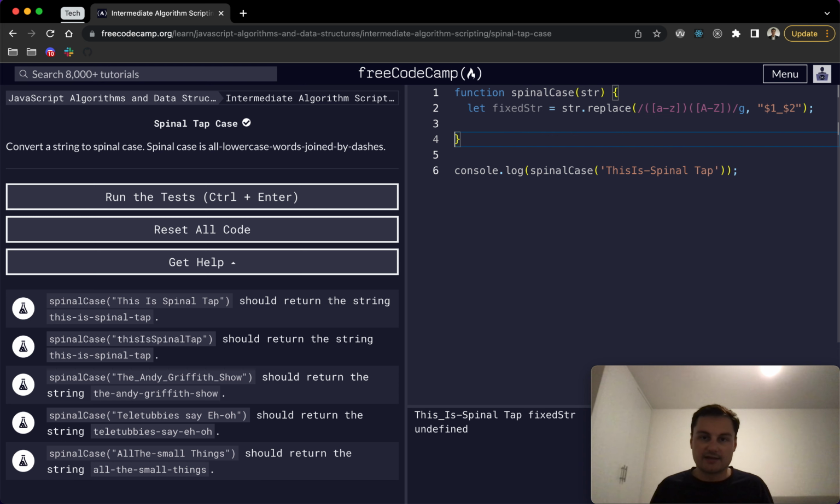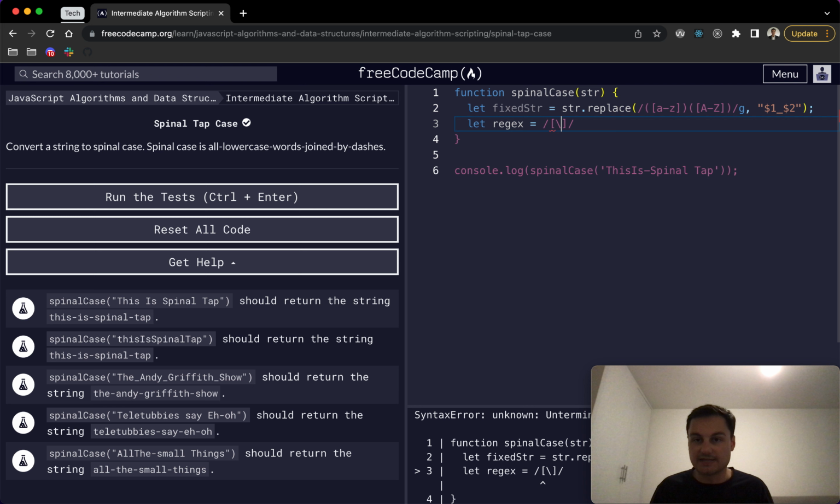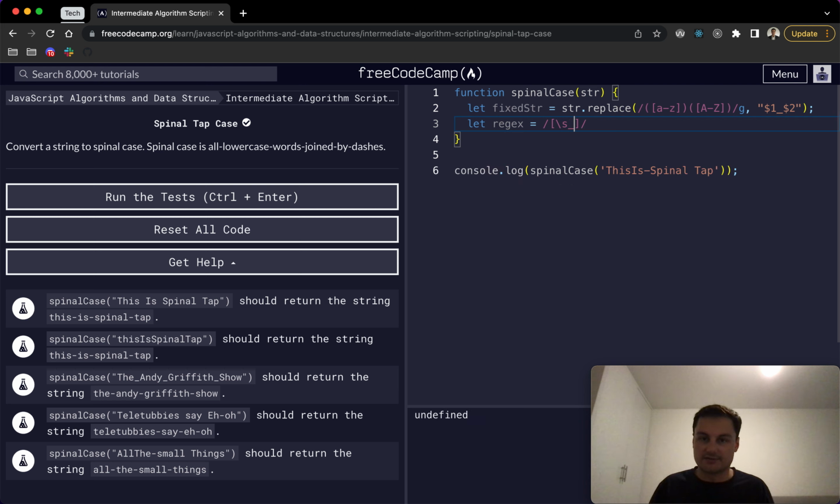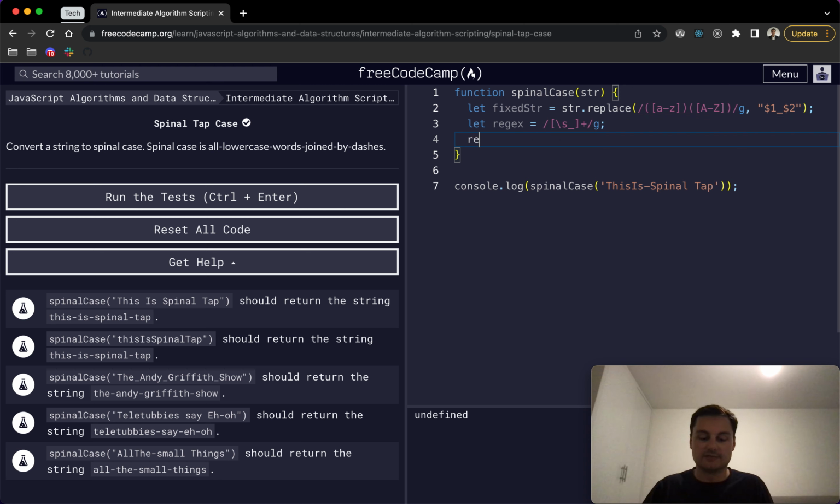So in that case, we then want to just do another regex, like so. And this time we're just searching for, what would it be? It's going to be either the space or the underscore. So we can do that like so. Lowercase s for space, or underscore. And if you put the plus here, that just means it's searching through all the occurrences. And obviously we'll just add the global flag as well here. And then all we need to do is actually return,